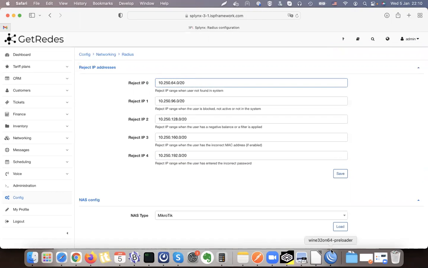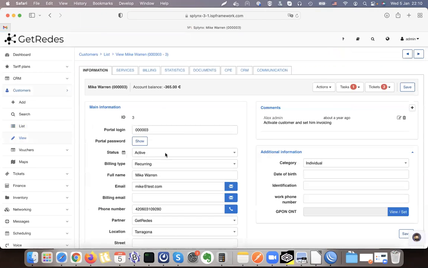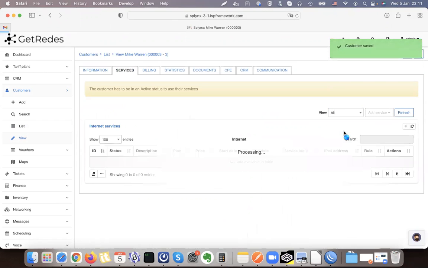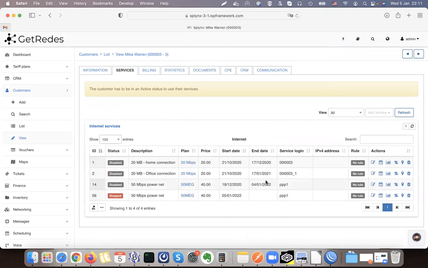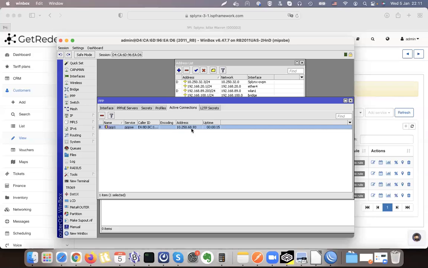Let's try to disable our client completely. Instead of blocking him, I'll move him to "doesn't use service". It means that this service doesn't exist, so he has no active service. He has only one that was disabled before, but he has no active PPPoE username, server, service and password. So if I go to my router, what happens is that he got this IP, and also